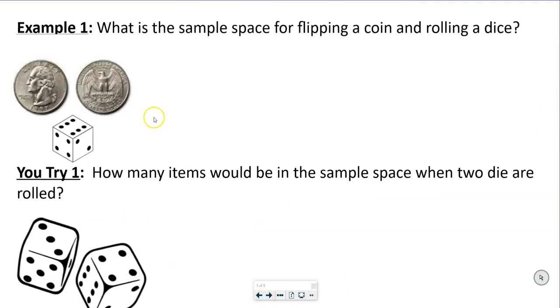Okay. So example 1 says, what is the sample space for flipping a coin and rolling a die? So it's one coin that you're talking about here, and it's one die. If we were to talk about the actual coin, we could have heads or tails, right? But how many outcomes could you have for your die? You can have a 1 for heads or a 1 for tails, right? You could have 2 for heads, a 2 for tails, a 3 for heads, a 3 for tails, a 4